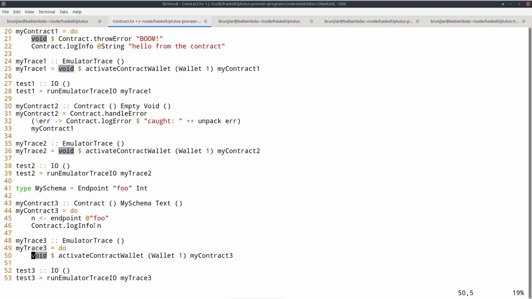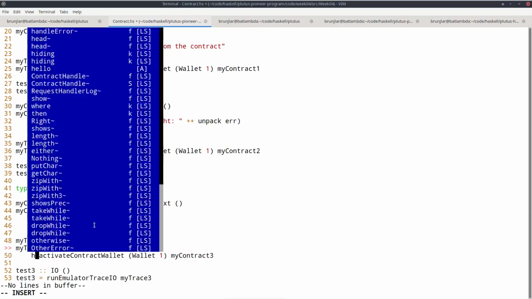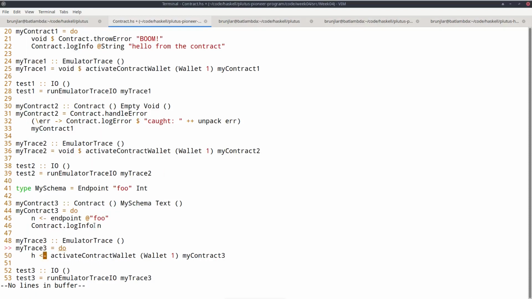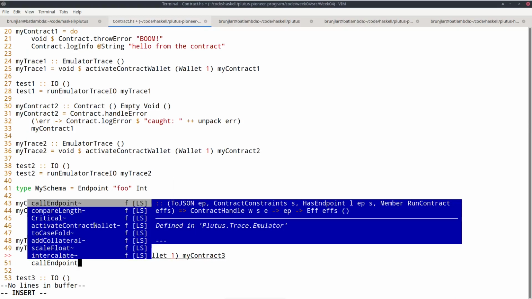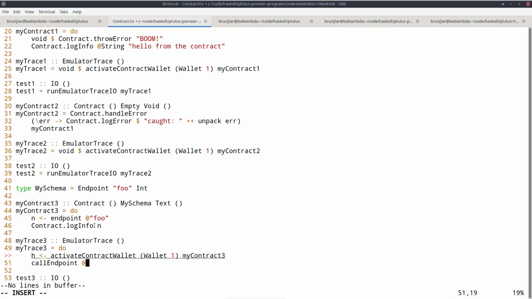So I can no longer ignore the handle. I actually need it. So let's call it h. And then, as we have seen before, I can use callEndpoint. I must say which endpoint. So @foo. Then it takes the handle, and I must provide the parameter. So an Int in our case, for example, 42. And this should work.